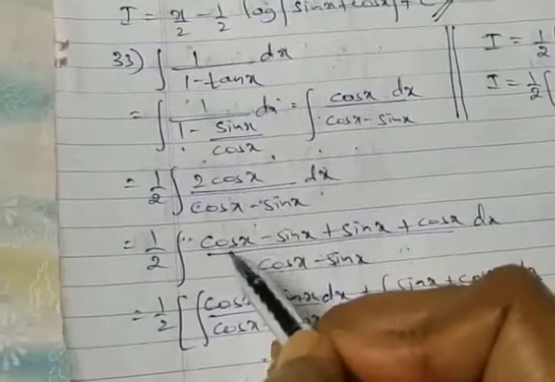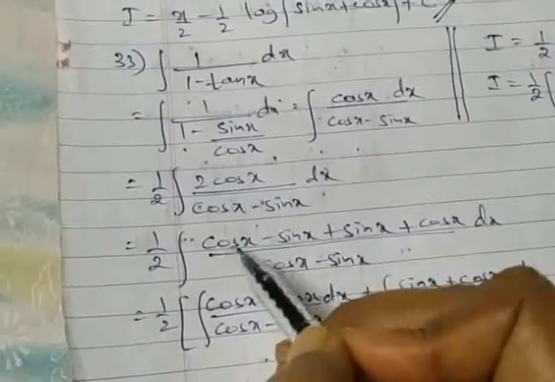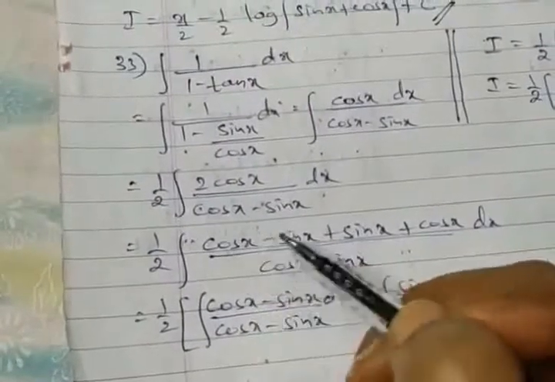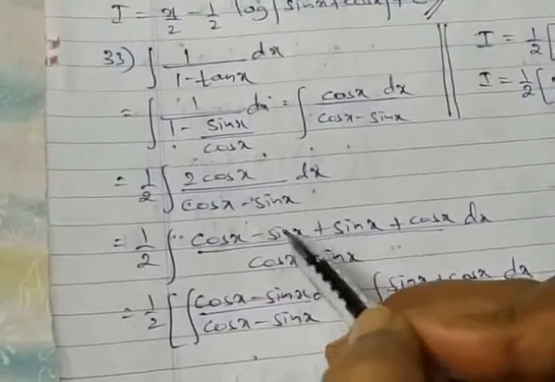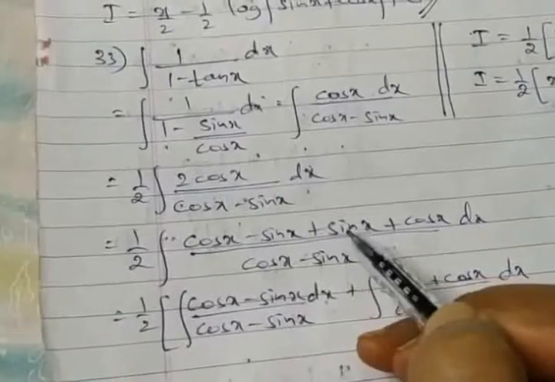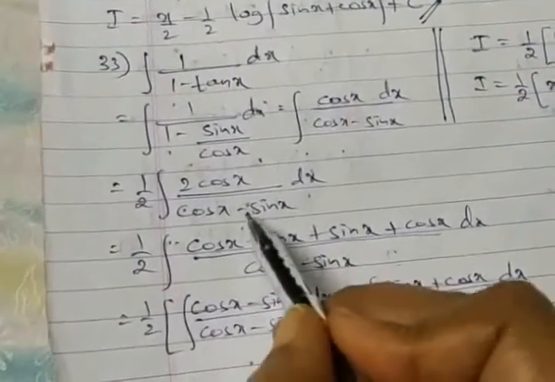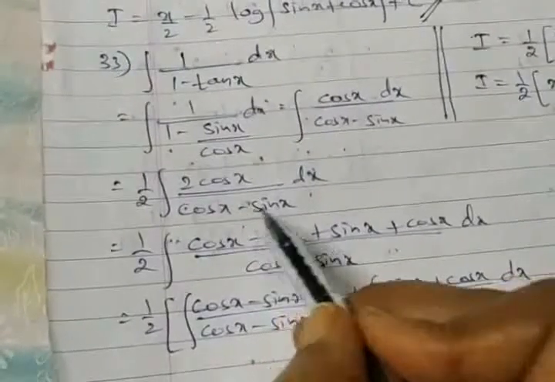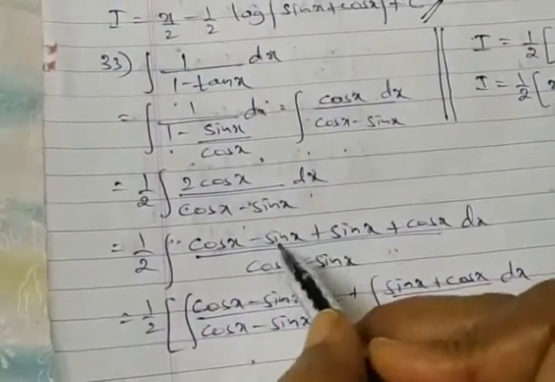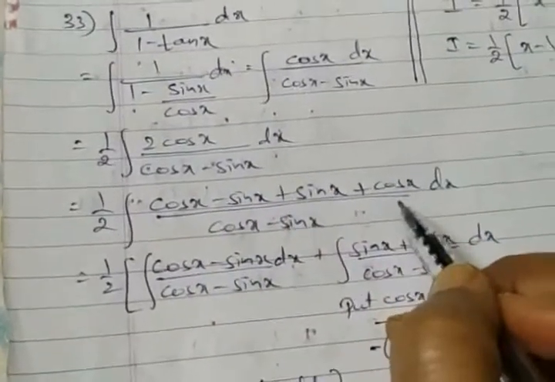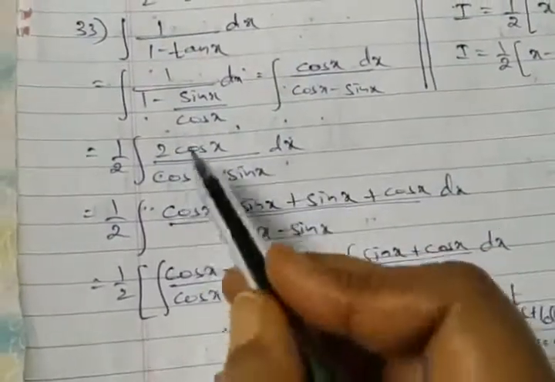Then what best can we do here? One cos x I take here, one cos x I keep here, so that minus sin x is my requirement. The denominator term gets fulfilled this way. So after taking minus sin x, whether you subtract and add, or add and subtract, both are the same. But keep attention on the denominator term, so for that first minus sin x, balance plus sin x. Another cos x is left out here. I hope it's clear. This is the 5-star step.